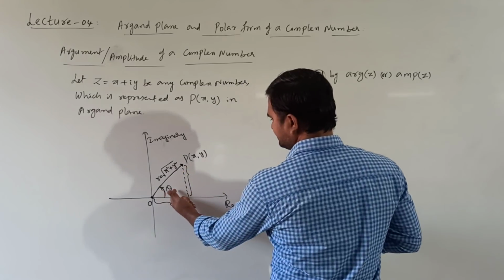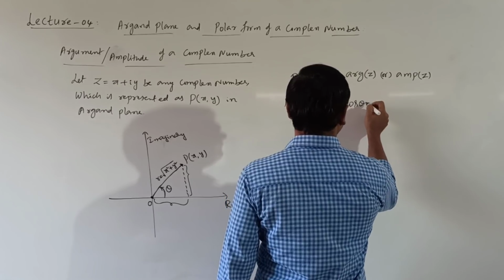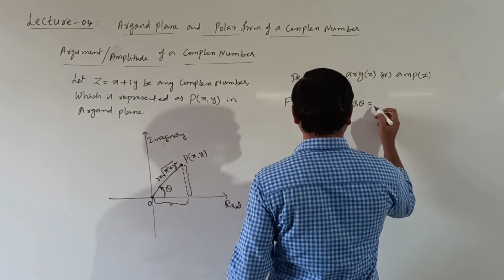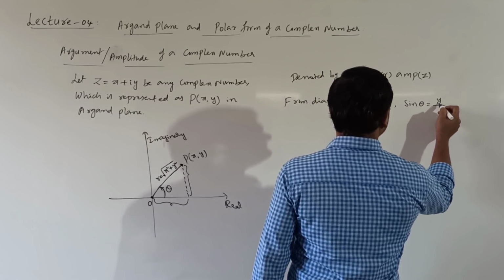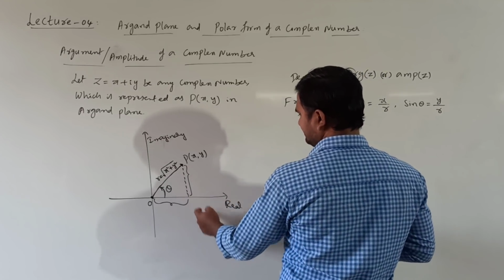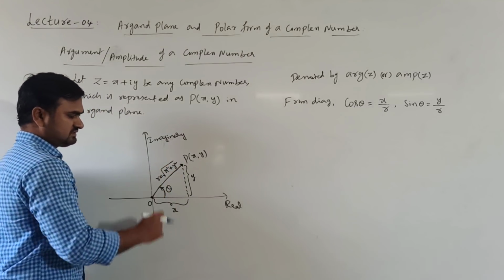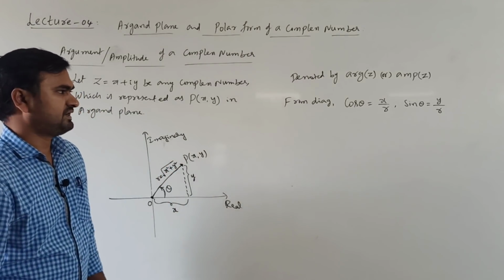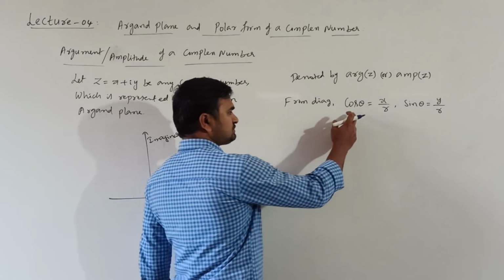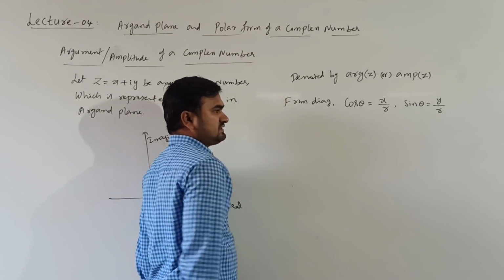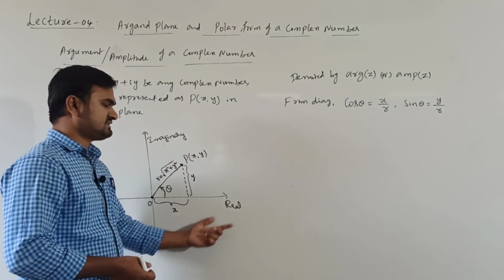observe, if I apply sin theta, first apply cos theta. What is cos theta here? Cos theta is adjacent by hypotenuse, x by r, and sin theta is opposite by hypotenuse, opposite is y. This length is y, this length is x, and this length is r. So applying cos theta and sin theta, we get cos theta is x by r, sin theta is y by r. Now we can solve these two equations based on sin positive or cos positive, sin negative or cos positive, like this. We will get one of these 4 quadrants.